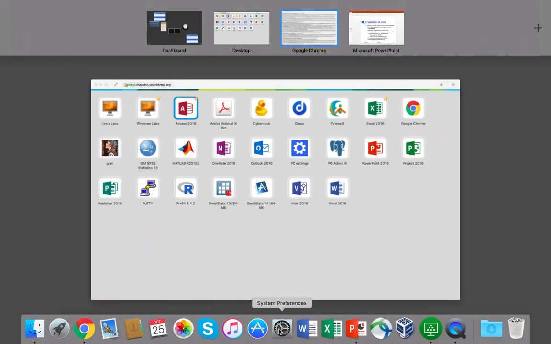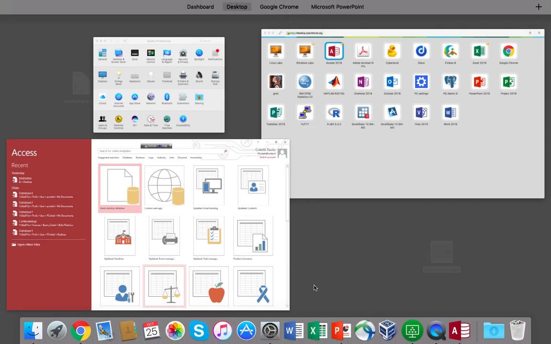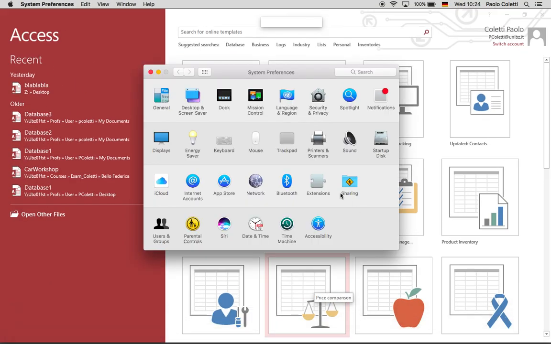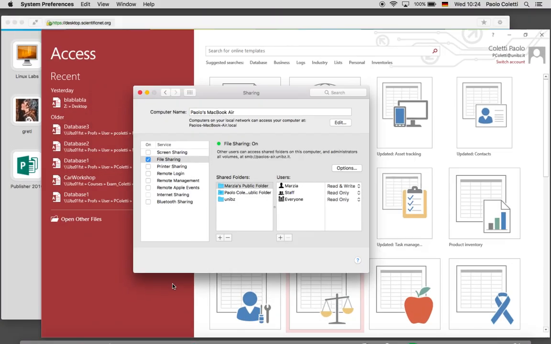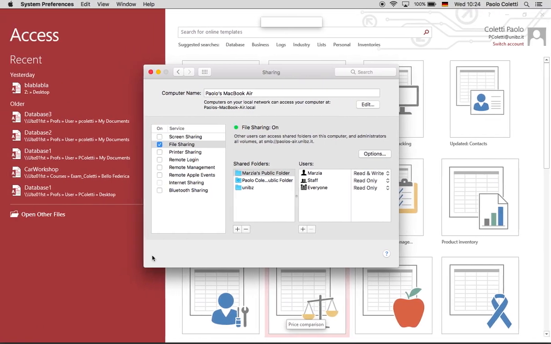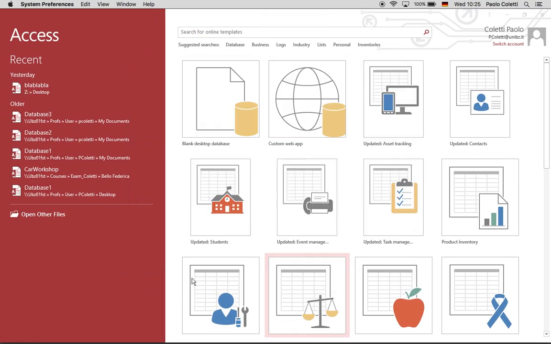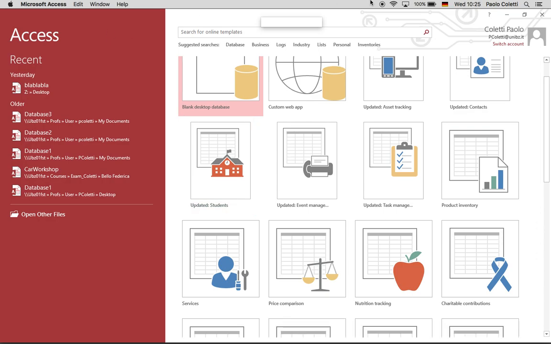So if you want to access your local disk, you should go to System Preferences of the Mac. Okay, Sharing. Sometimes it can really be boring. Okay, and enable file sharing.